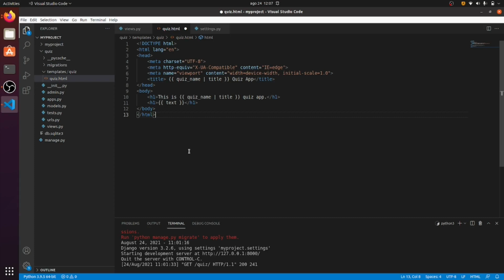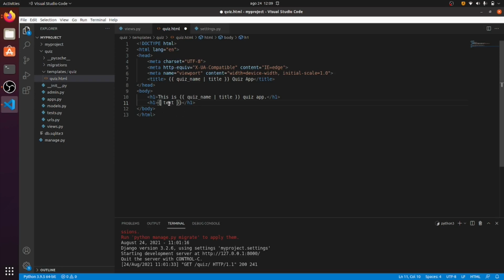Now before we dig deeper into the Django template language, I want to make our life a bit easier when it comes to working with the HTML files. You might have noticed that we do not have auto completion here, and this special syntax is not really detected. Instead, Visual Studio currently treats all the special syntax as plain text. It means if I have a typo or if I forget the curly braces like this, I'm not getting any warning here. I will see the error only when I run this project.